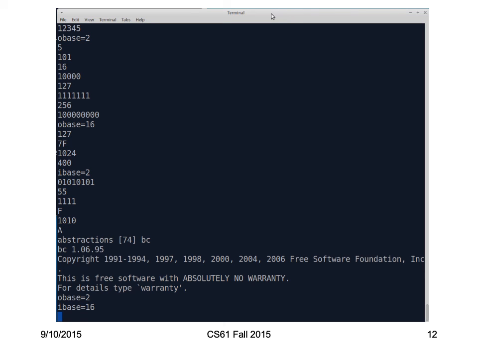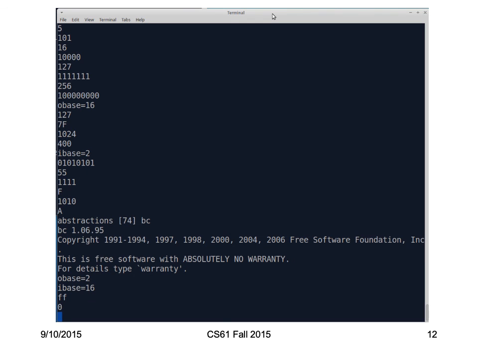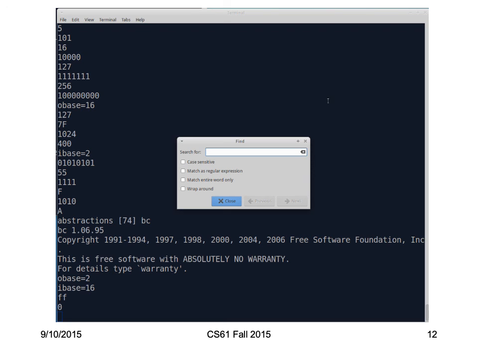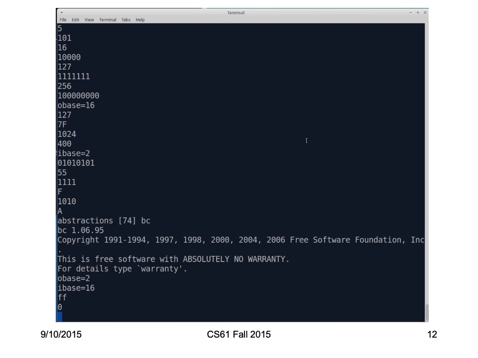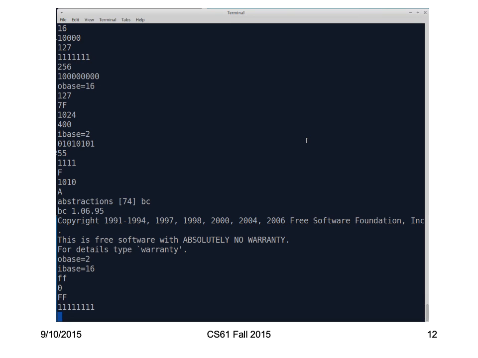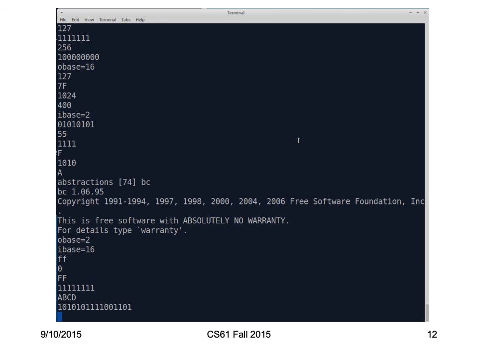Okay, so now I'm going to enter some hex digits. All right. And annoyingly, BC only recognizes capital letters instead of small letters. So you do have to use capitals for your hex digits. So I type in 2 Fs and I get 8 ones. If I type in A, B, C, D, I should get 16 bits. The first 4